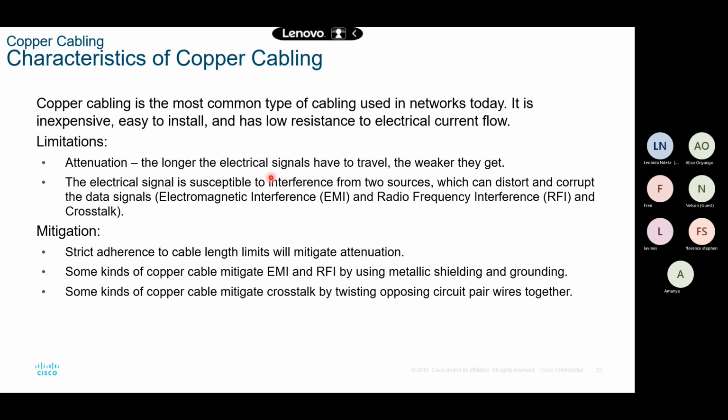Number 1, strictly adhere to the cable length limit to mitigate attenuation. Make sure when you connect two devices with copper, it should not go beyond 100 meters. That is number one. Number two, some kinds of copper media, as you're going to see, mitigate against EMI